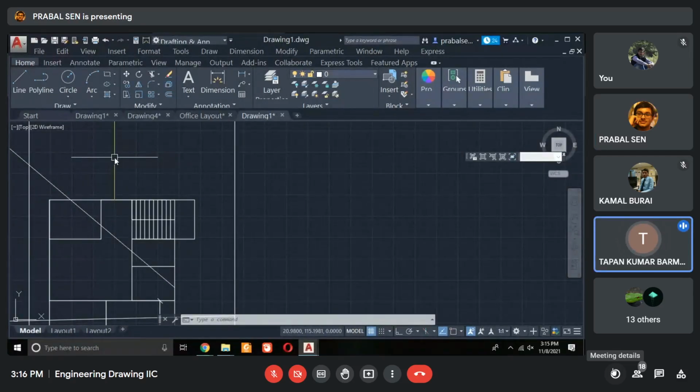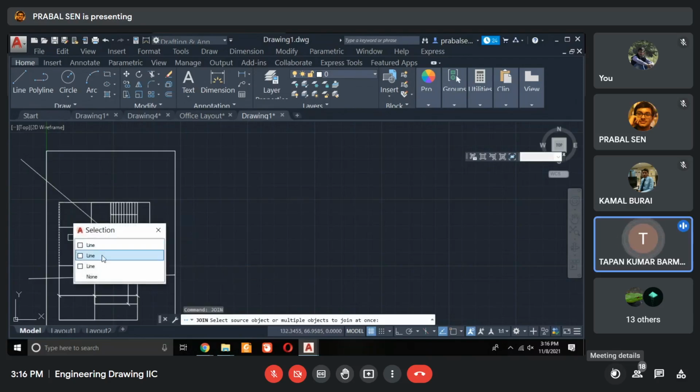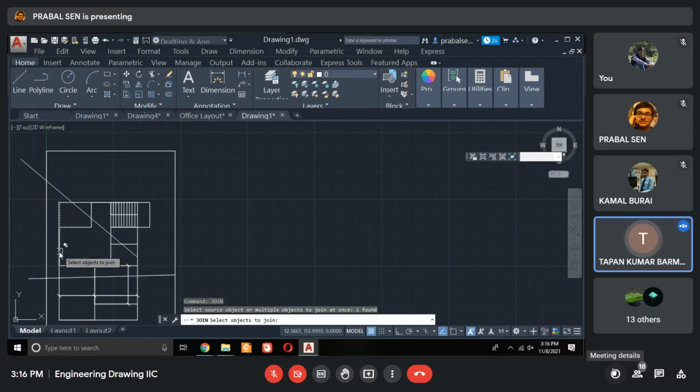Explode is breaking, also the break command is there, break at a point. Again, what you can do, you may join the lines. So the command is join, JOIN. Using the join command you can join different lines. Then you select two lines, this one line.